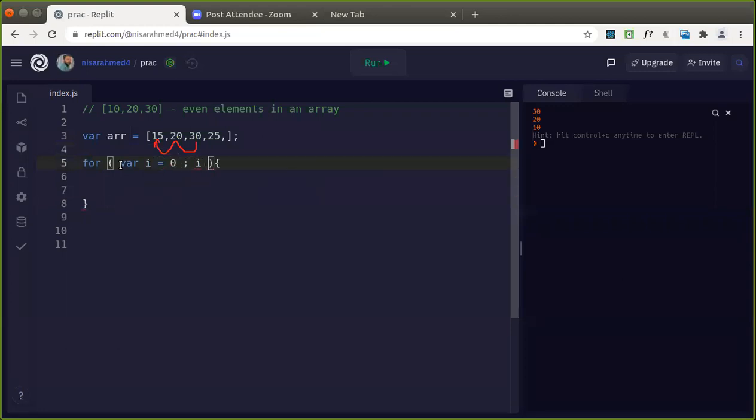This is how you are going to iterate through the array dot length, isn't it? And i plus plus. Good. So how are you going to check? You're going to take the element array of i, isn't it? So mod 2 is equal to 0. Then we are going to consider it as even. Then only we are going to display that one.